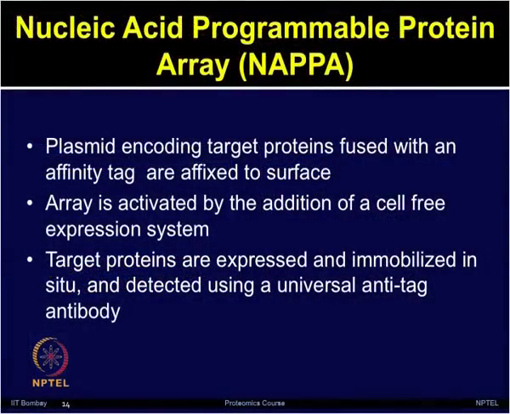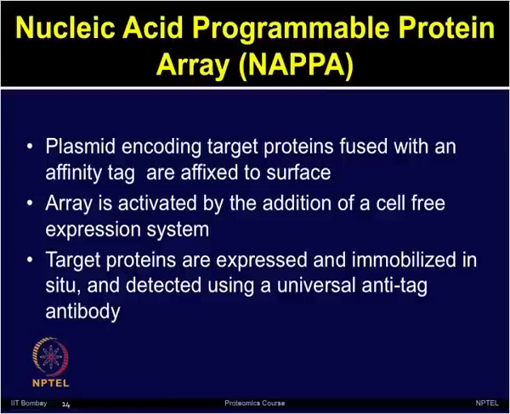So, let us discuss the principle of nucleic acid programmable protein arrays, how these arrays are generated. Plasmids which encode target proteins, fused with an affinity tag, are affixed to the microarray surface. The microarrays are activated by the addition of a cell-free expression system, generally rabbit reticulocyte lysate.